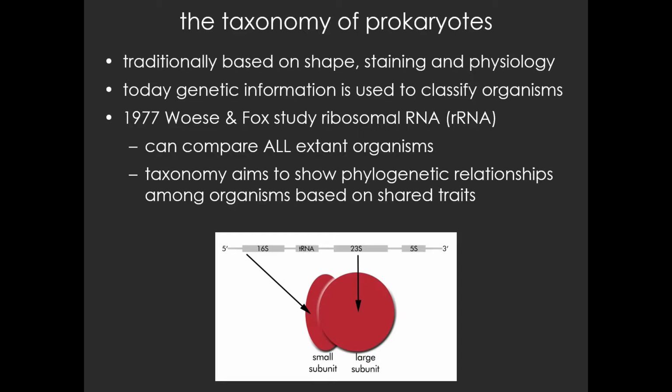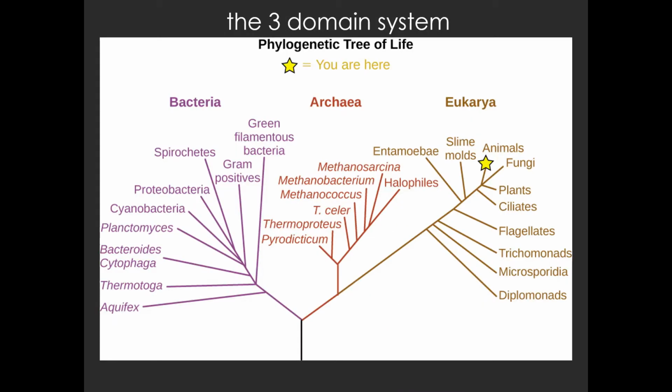And when Woese and Fox completed their work and they had put together this phylogenetic tree of all of the extant organisms on the planet, they found something really remarkable. And that remarkable thing that they discovered was that these seemingly very similar prokaryotes, all of which have no nucleus, some of which stained gram-negative, some of which stained gram-positive, were in fact really two distinct groups of organisms, that